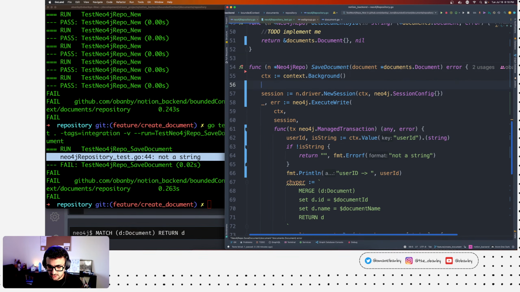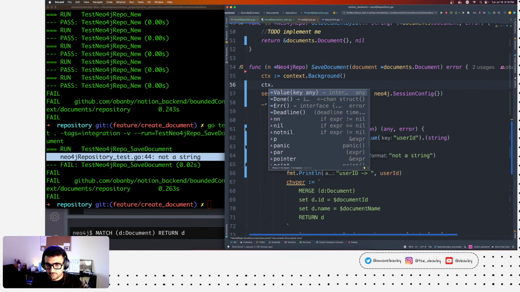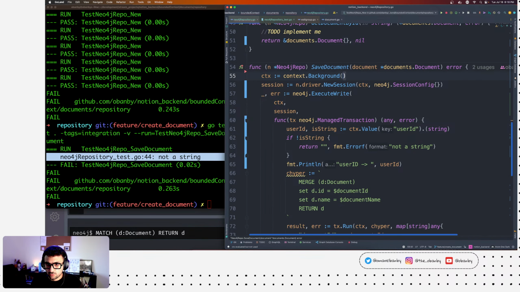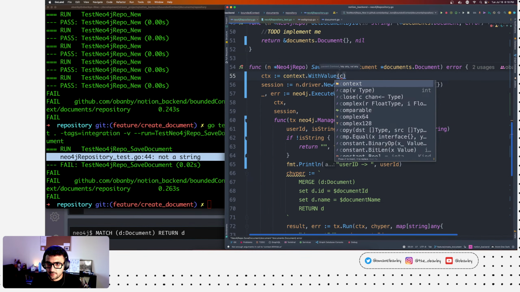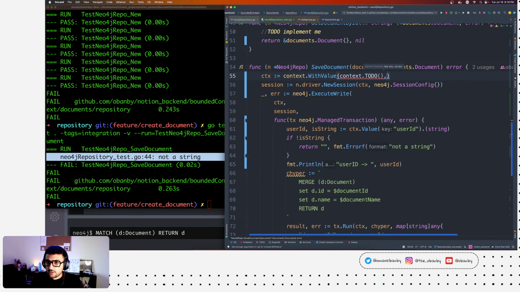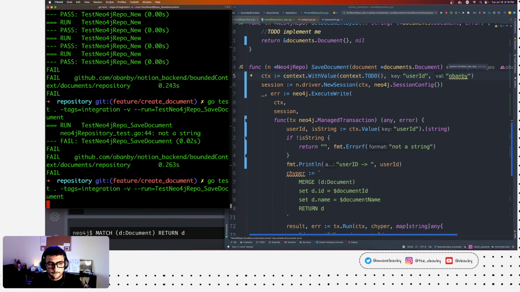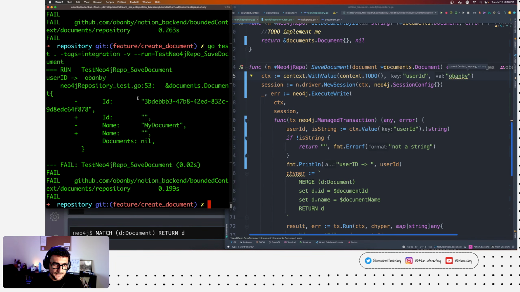So assuming here I add context with value, and the key is user ID, and the value is like OpenMD, for example. Right, you see, there's the user ID OpenMD.